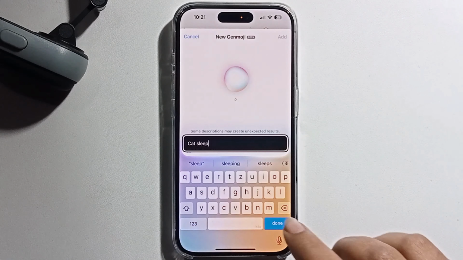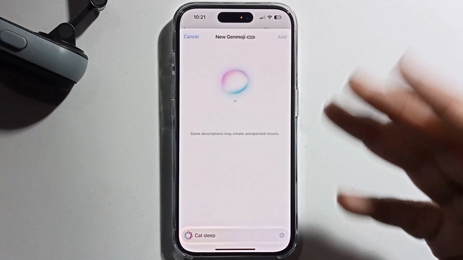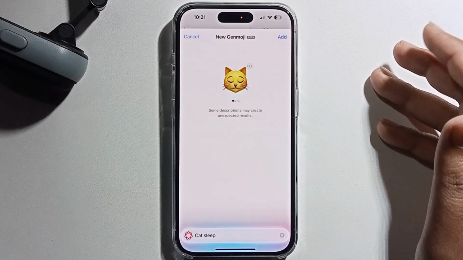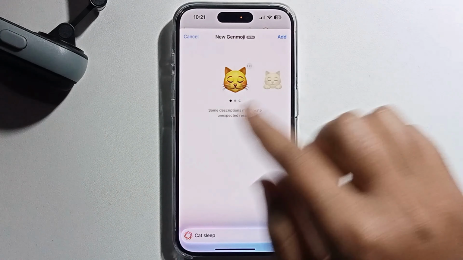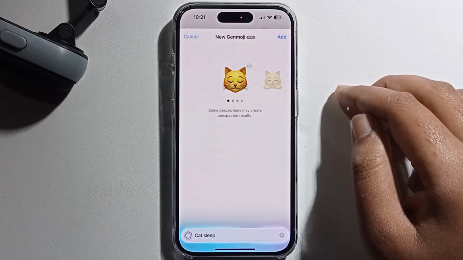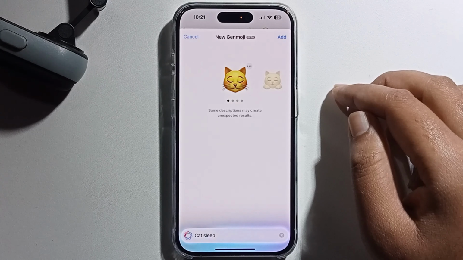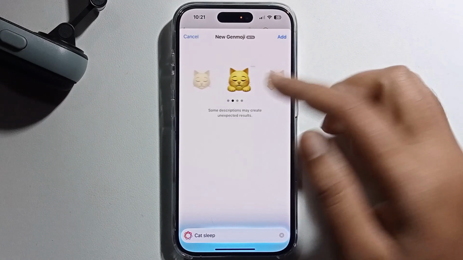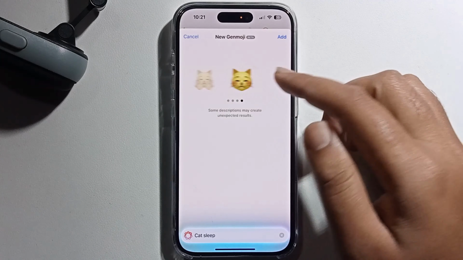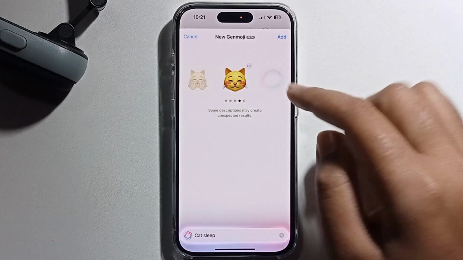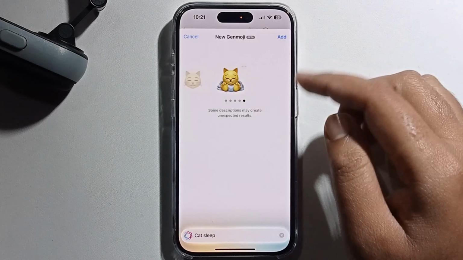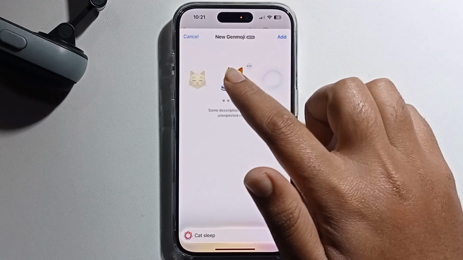Okay, press done and you just wait a few seconds, then you get the emoji. So select one and showing it to more, so I select it,